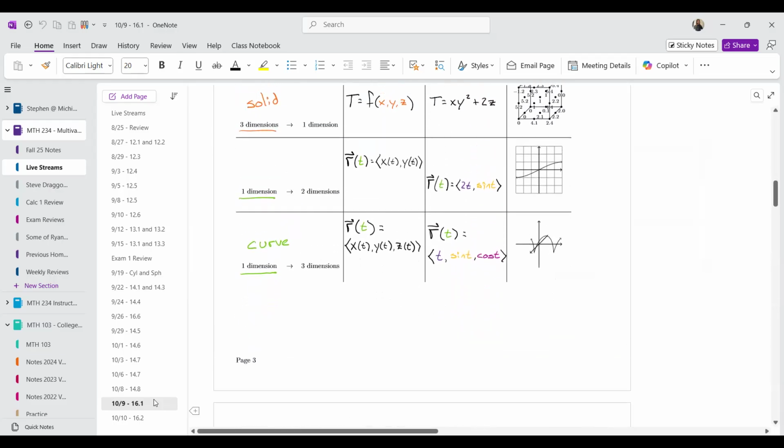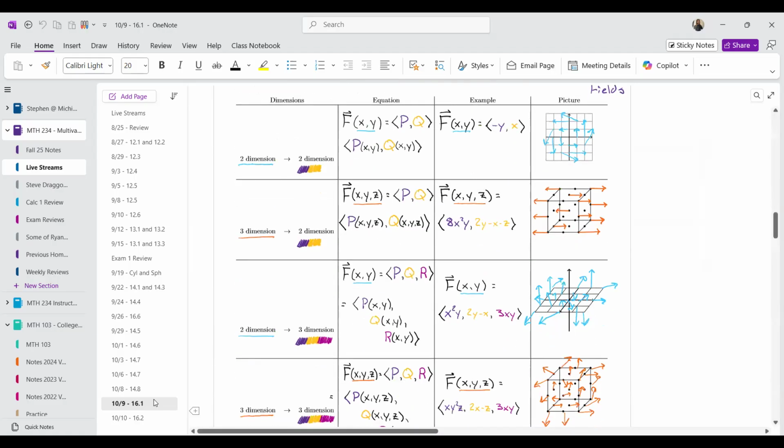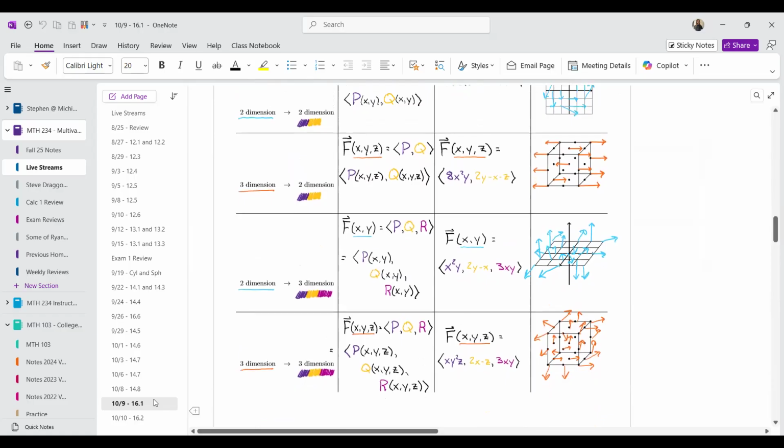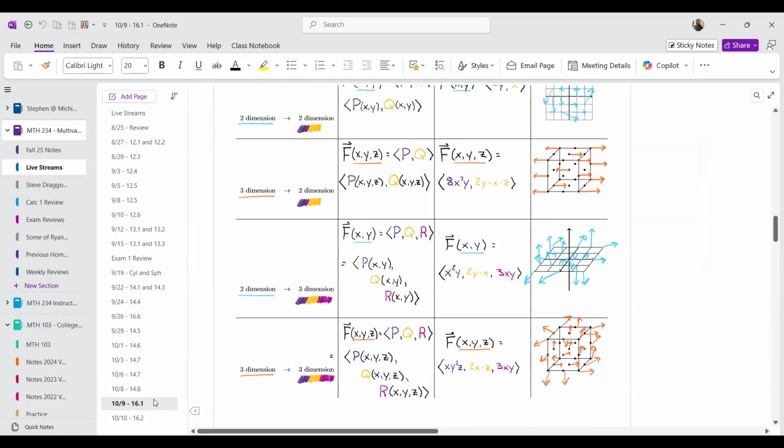Then going the other way from 1 dimension up to multiple dimensions, those are the parameterizations that we've looked at. Right, if I start from just 1 dimension and end up in 2 or 3 dimensions, I've got some sort of curve that I've parameterized, but I only needed a single parameter to talk about it. And then that leaves the other super fun translations. Mostly we just need to focus on 2 to 2 and 3 to 3,